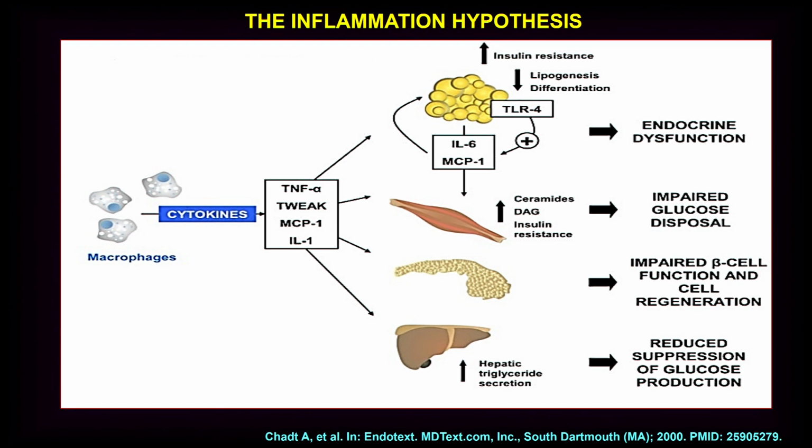So what happens when there's excess of nutrients? There is a cytokine release. The macrophages inside the adipose tissue release all of these cytokines. So you can see them there. The TNF-alpha, retinol binding protein, the monocyte chemotactic protein, the IL-1, IL-6, etc. So all of these cytokines come out from the infiltrating macrophages. Then what do they do? They do a whole lot of things. So typically they act on the adipose tissue, the peripheral muscle, the pancreas itself, the liver. So these are the key organs, is it not?